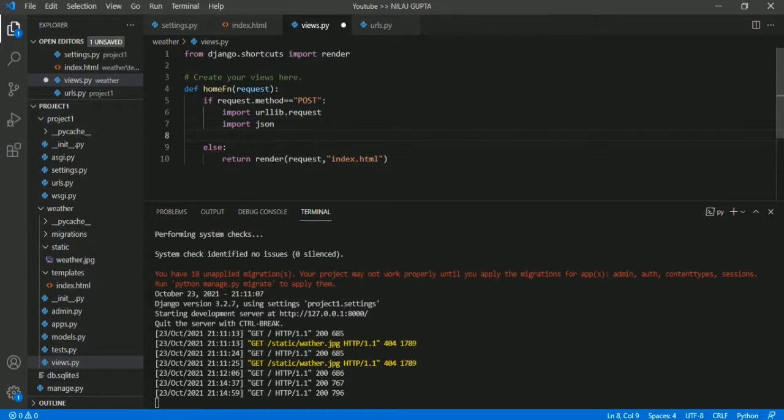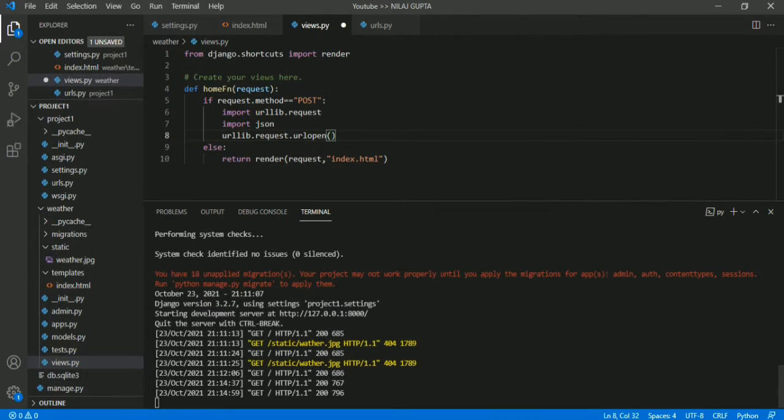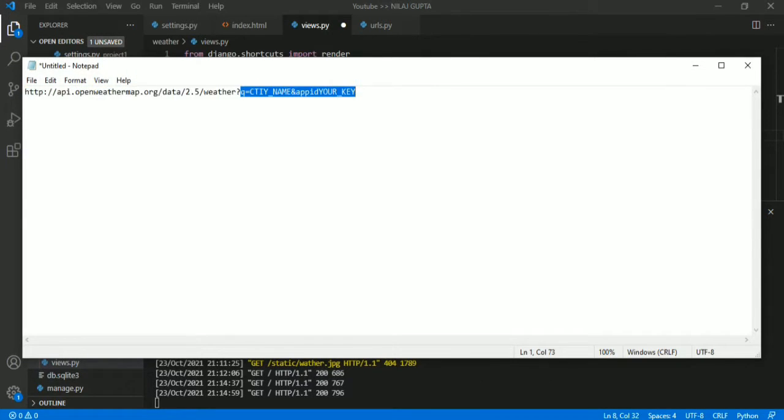First of all, we have to use the urlopen function of urllib.request. So I will use urllib.request.urlopen. See, this is the query to send a request to get the API data.